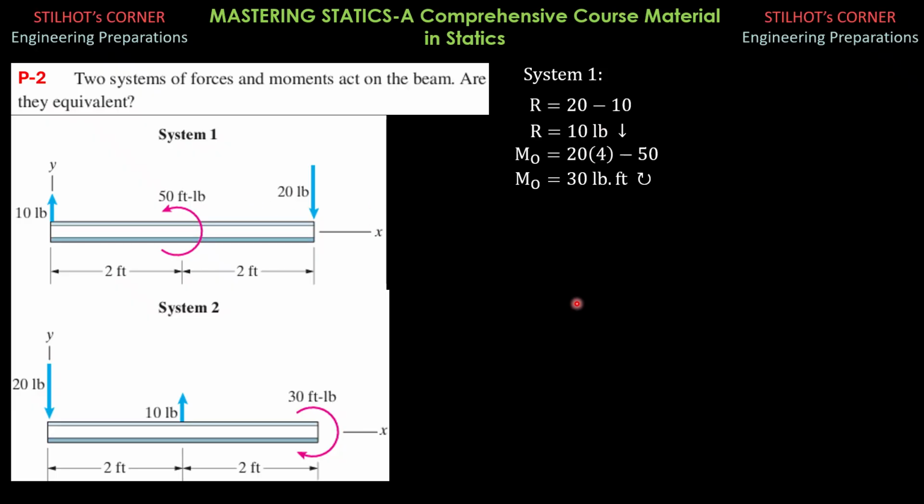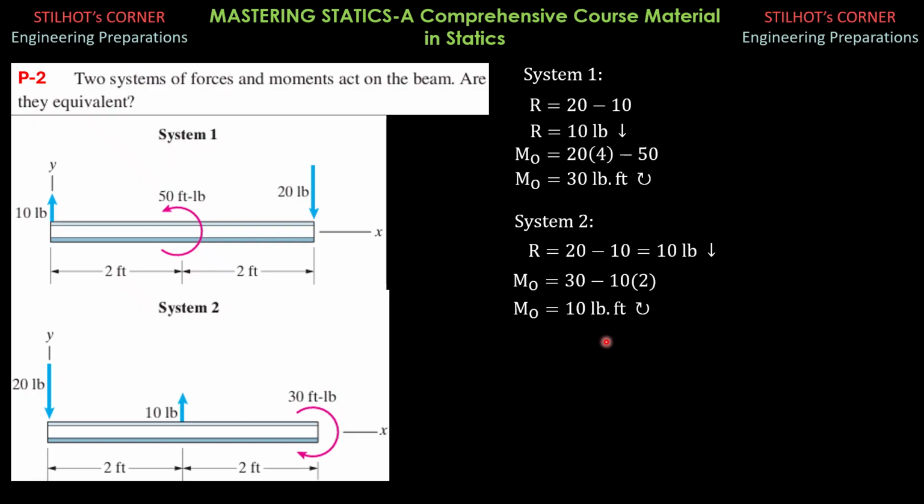The sense is clockwise. For system 2, R is also 20 going down minus 10 going up. So it is 10 pounds downward. With regards to the moment, we have 30, which is clockwise, then minus 10 times 2 counterclockwise. So that's why the resultant couple or moment about the origin O is 10 pound-foot clockwise, same sense as that